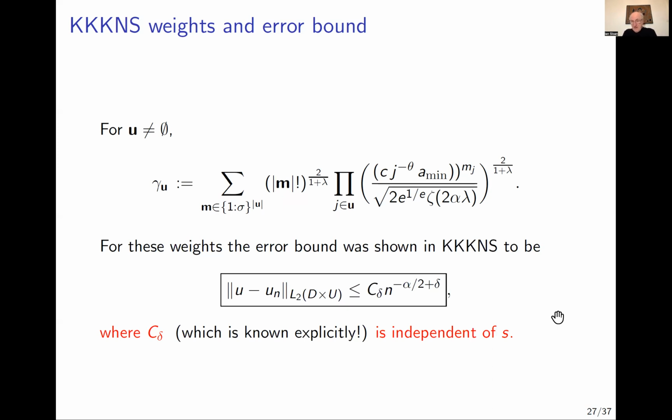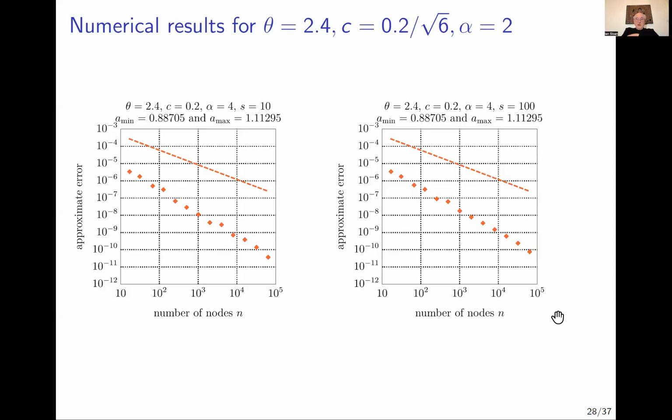So what happens? You take delta, you try and get a rate close to alpha on 2, and the constant blows up. All right. So how does it go? Well, it works. It depends on how hard the problem is, of course. So what I've done in these pictures, and I would just like to spend a moment explaining the pictures. So here we're looking at two graphs. It's s equals 10 on the left and s equals 100 dimensions on the right. What we're looking at is